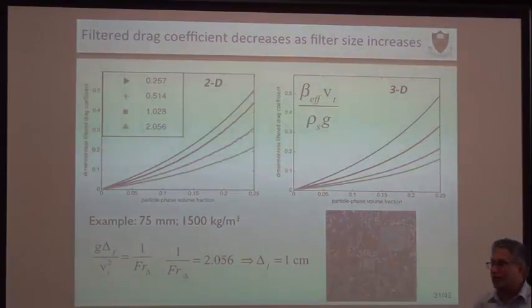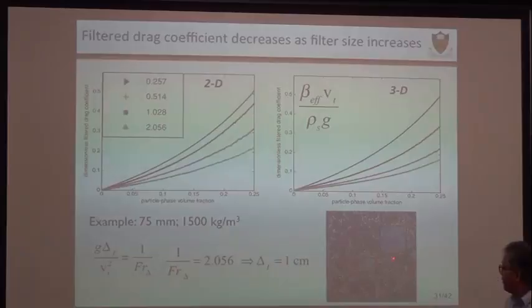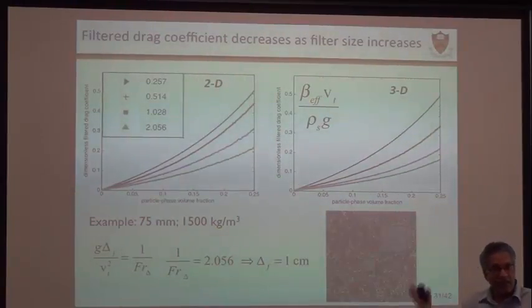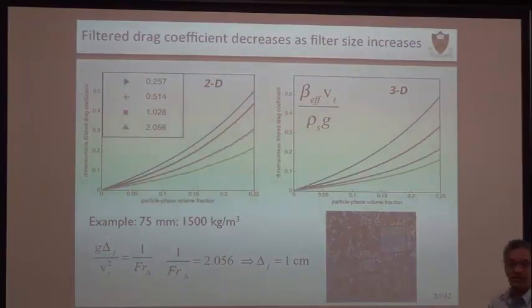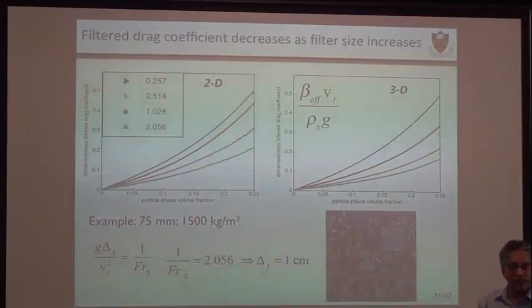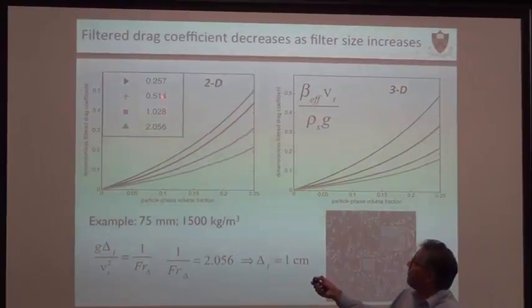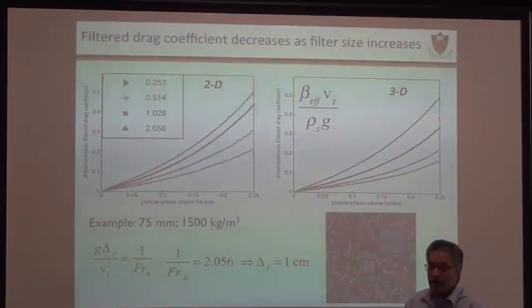There were no subfields. But if you realize the actual flow, you know what, underneath that there are inhomogeneities. So if I now tell the gas to go through, it's not going to go through uniformly. It's going to find its way through all these regions that are lower in particle concentration, and then meander its way through and not feel the presence of the particles. We find that the effective communication between the gas and the particle is a lot smaller. And that's what this curve says. If I filter with different filter sizes, what I should be using is going down significantly.